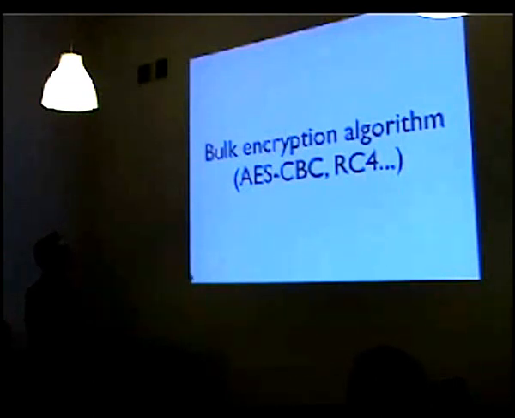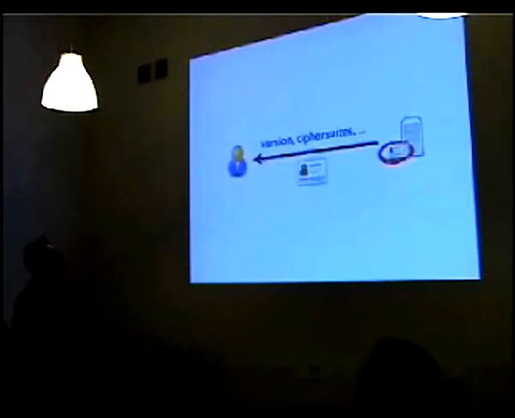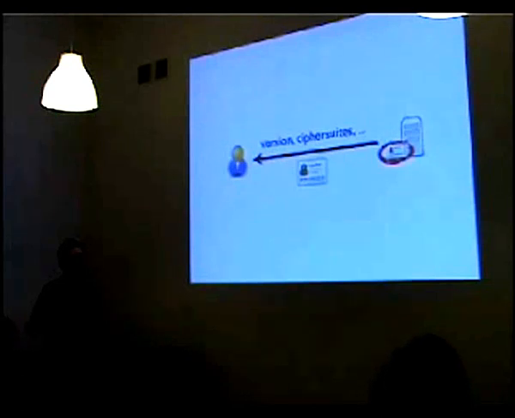and RC4 is a stream cipher, so that's for actually encrypting the data. And then a MAC algorithm for authenticating the data, for making sure that the data is actually what I intended it to be. And that's usually HMAC with MD5 or SHA. Then the server answers with its versions and its cipher suites, because obviously there's no point in me supporting this fancy encryption algorithm or this fancy signing algorithm if the server doesn't speak it. Obviously we need to find a compatible